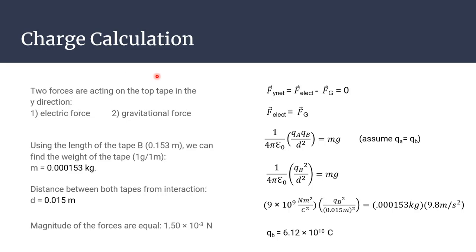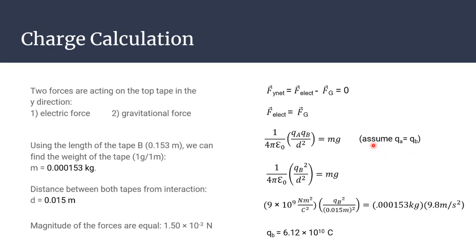To do the charge calculation, we saw that there were two forces acting on the top tape in the y direction, the electric force and the gravitational force, and we knew that F net in the y direction would have to equal 0 because there's no change of momentum in that direction. We used the length of the tape and found the weight of the tape using our conversion factor, and also found the distance between both tapes after their repulsion occurred, and plugged that into our formula